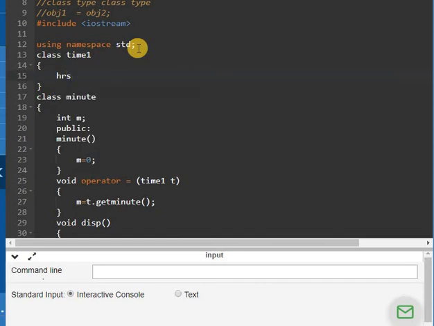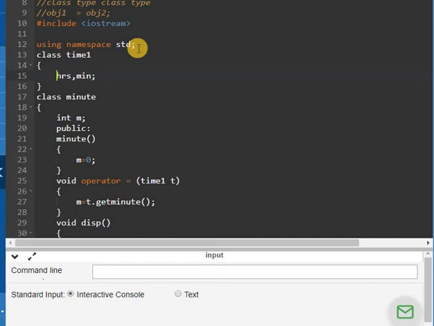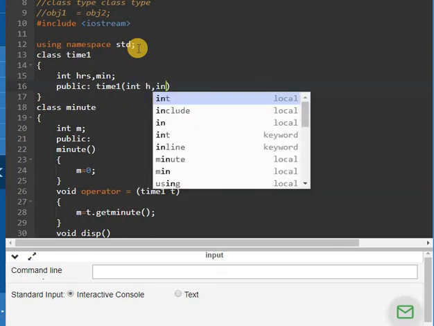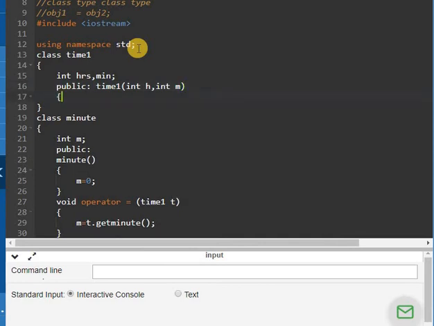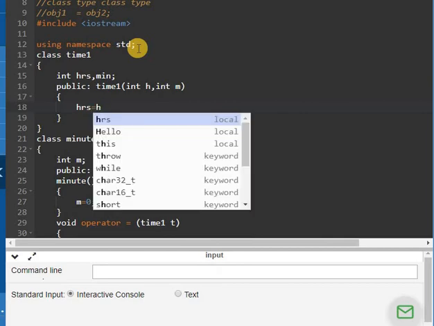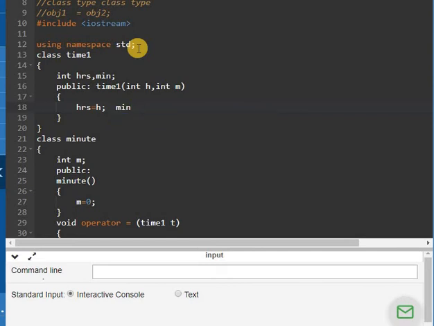Again, it has its own hours and minutes. The public section will include the constructors and the other functions of time 1. In this we have one parameterized constructor with th comma tn, in which hours will be equal to h and minutes to tn. I'm writing it on the same line so that the program will not be too long.